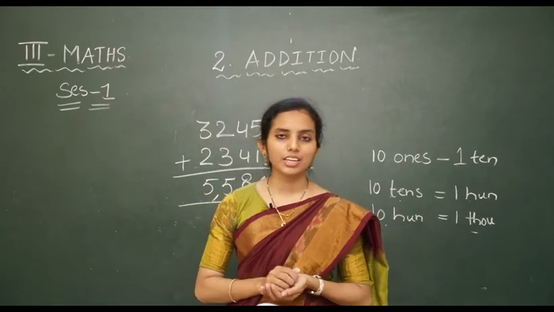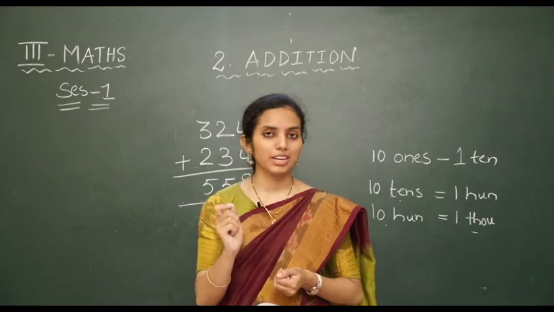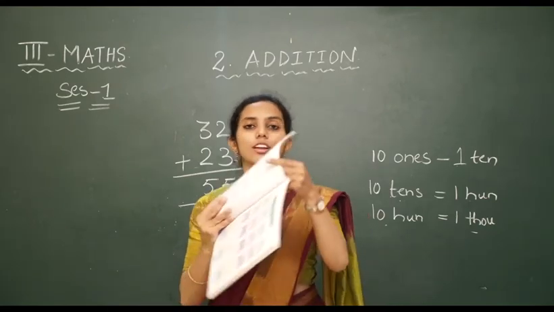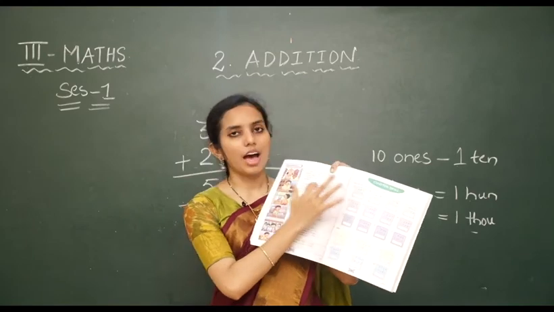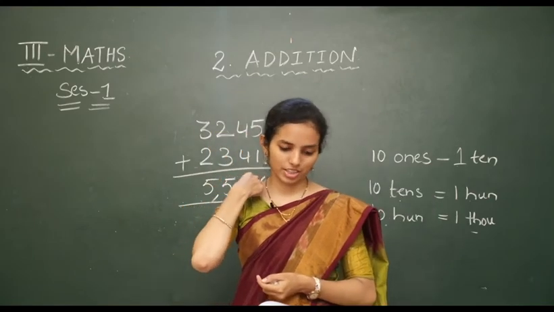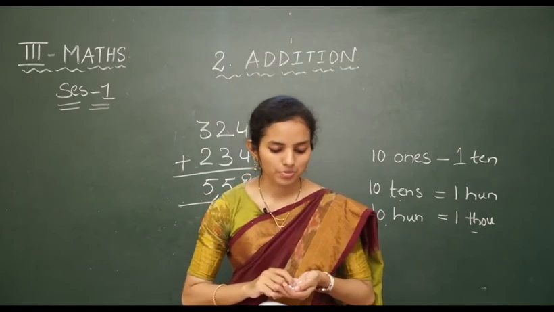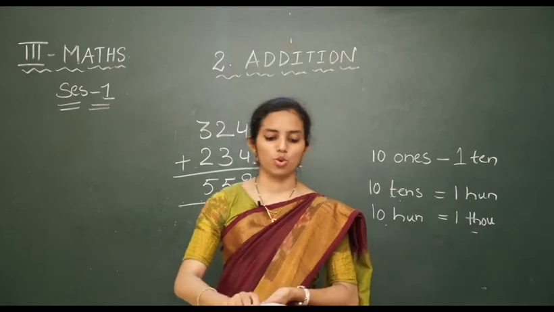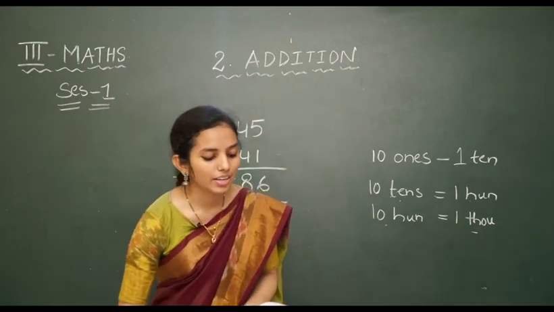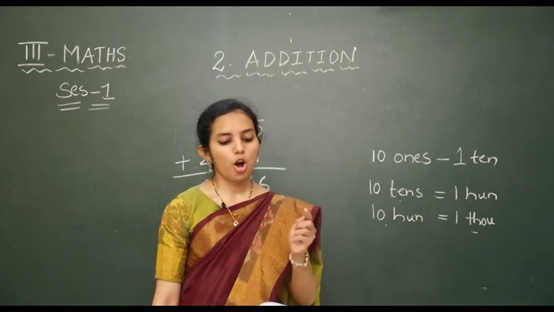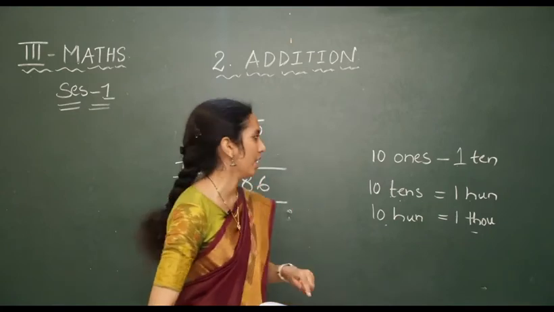I will be explaining. Keep your pencil ready to write the answer, because here we are provided with an answer column provision. So we can directly write the answer there. Now word problems. In a shop 243 kites were sold on Monday and 624 kites were sold on Tuesday. How many kites were sold on both the days?